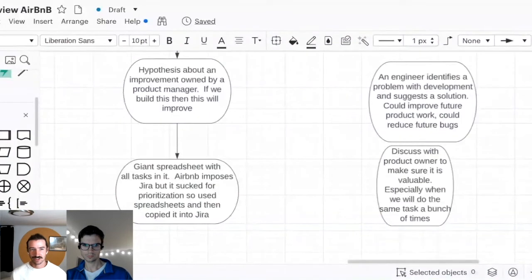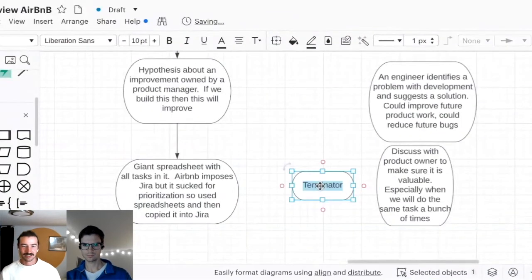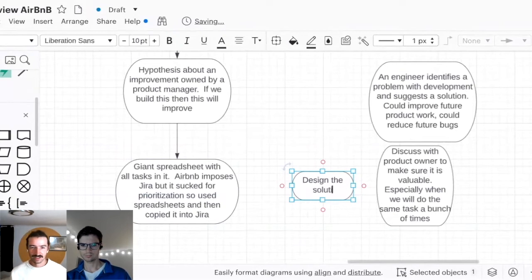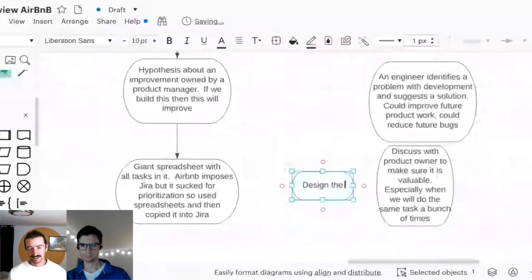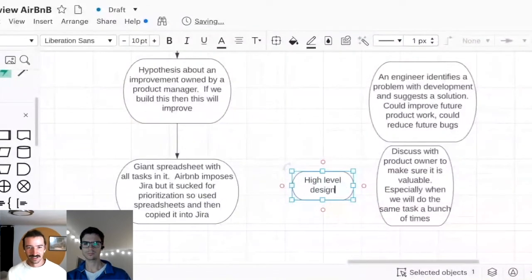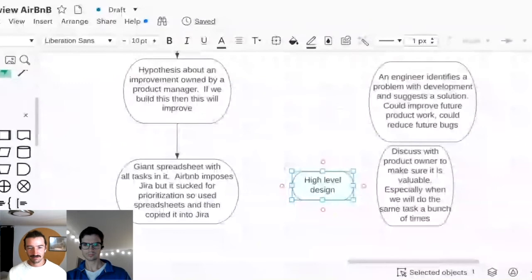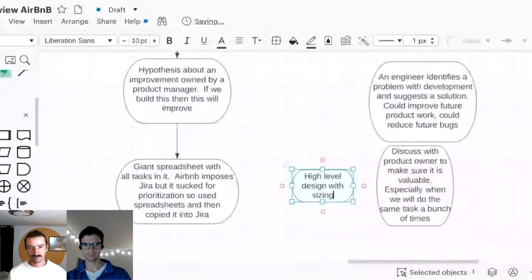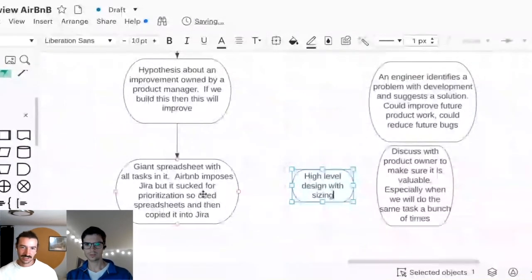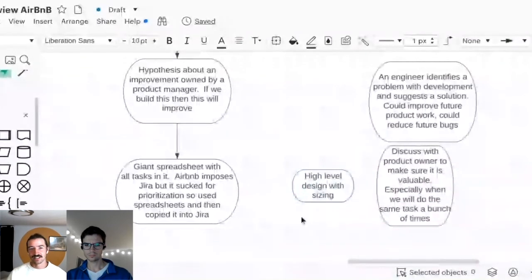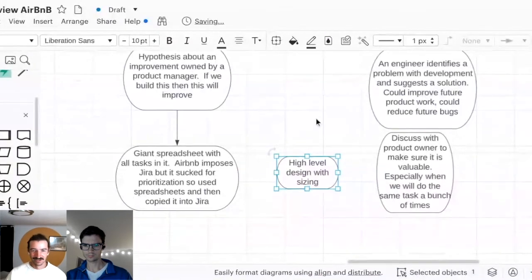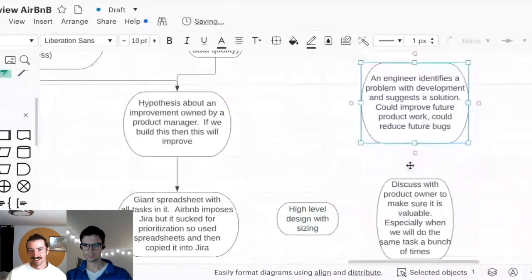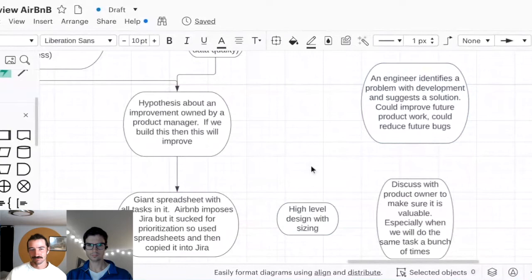People talk a lot about t-shirt sizing. It's really hard to estimate tasks at a granular level, but you'd say, this is a small feature, we could do this in a week, or maybe this is XL, a massive project that's going to span multiple teams. Once you have that, you put it in the spreadsheet. So the goal is everything in the spreadsheet has a rough scope, a rough estimate of the impact, and a rough idea of which teams would be involved.